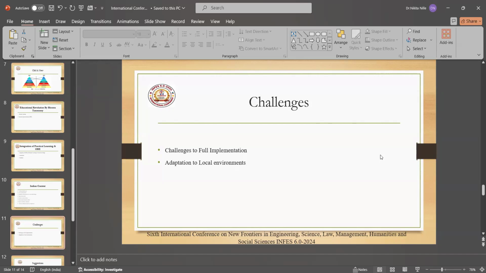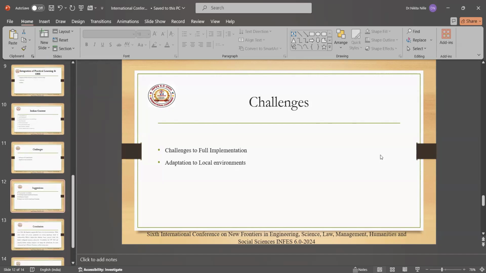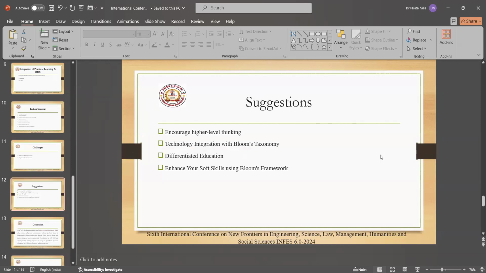Talking about adaptation to the local environments, it's not that I would like to compare the state or the area in which we work for the education system, but definitely the type of students matters when we want to implement the Bloom taxonomy practically. If we see our education system priorly and today, we are now more concerned with the practical approach, but priorly we were concerned more with the theoretical base. So definitely the local environment has an impact, and it is one of the challenges which we actually face.